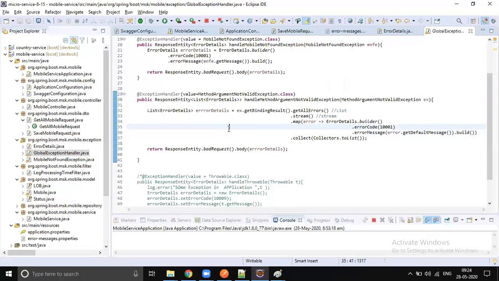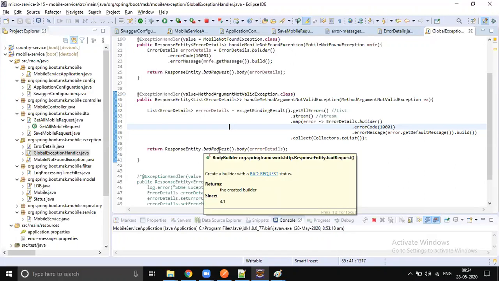Okay, and we are using pure Java 8 API to convert. You can use a for each loop also, that's fine, but we already learned the stream API and Java 8 features, lambda expressions, right? So let's not use the old for each loop. It's better to use the Java 8 stream API. So let's quickly do one more change.